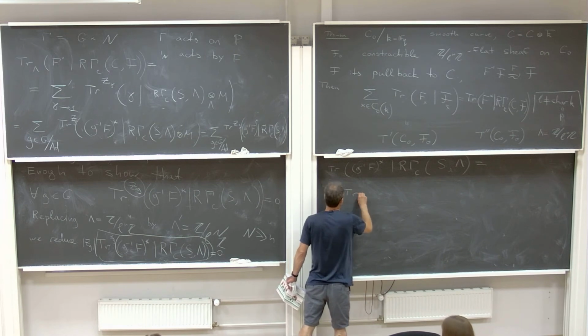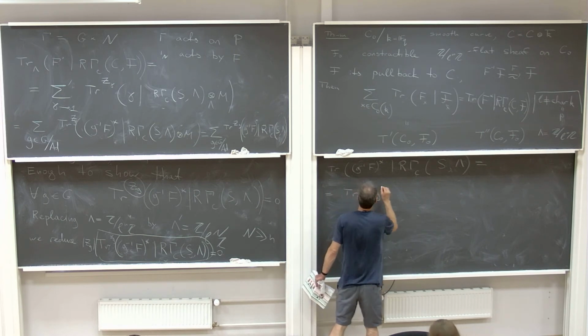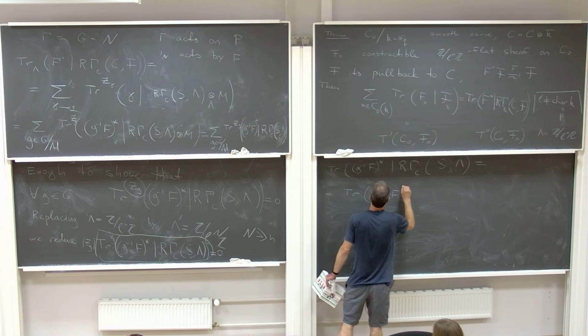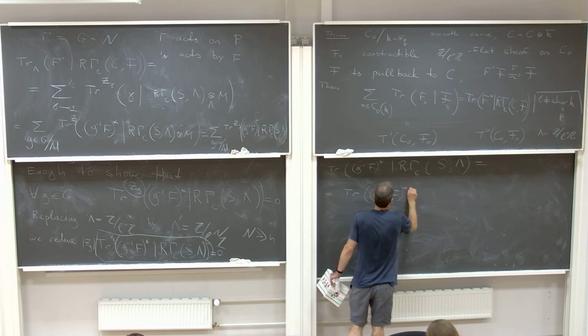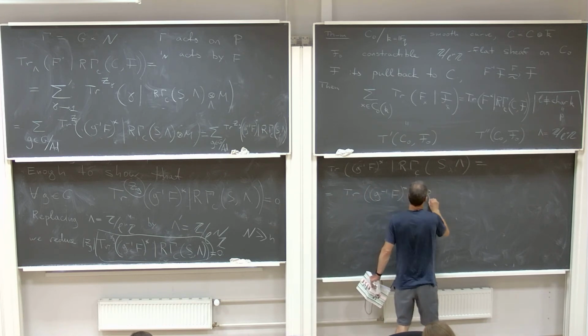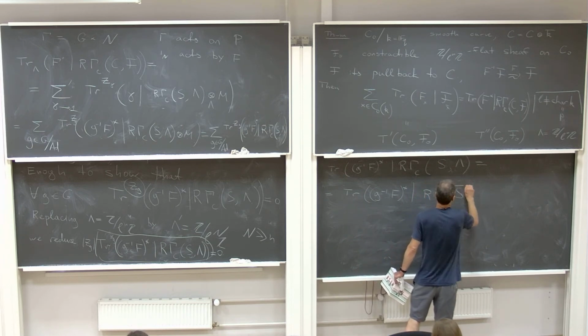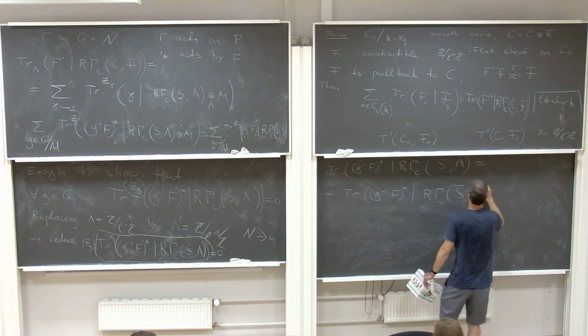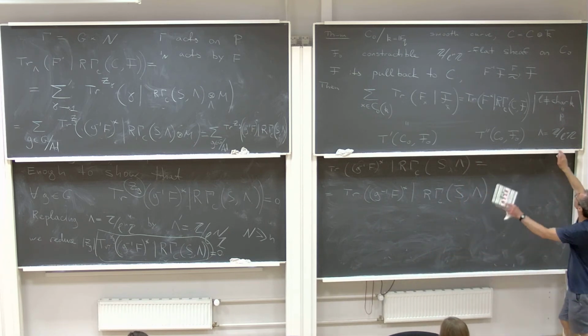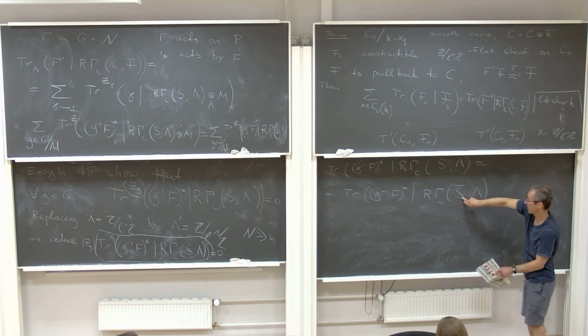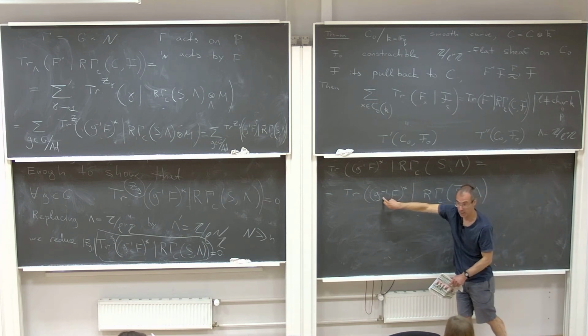So first I take the trace of the same operator, since it acts on, so I consider the compactified curve, right? And on this compactified curve, I still have action of G,